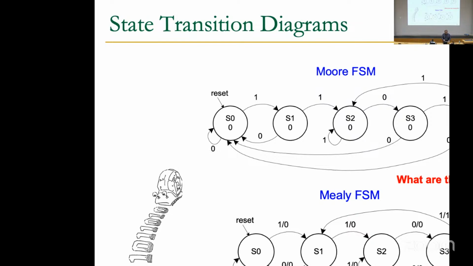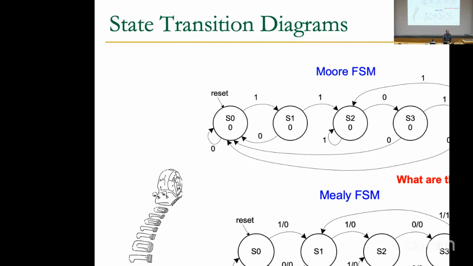Also, in a Mealy machine, you have a long combinational circuit from the input to the output, essentially. So in general, in design, people try to minimize the length of combinational circuits as much as possible. In a Moore machine, that's good because you have a short combinational circuit to generate the next state, and another combinational circuit which takes input only from the state. But in a Mealy machine, you have a path from input to output. And assume that you combine several Mealy machines together, then you have a very, very long combinational circuit, which can make you crazy when you want to design it.